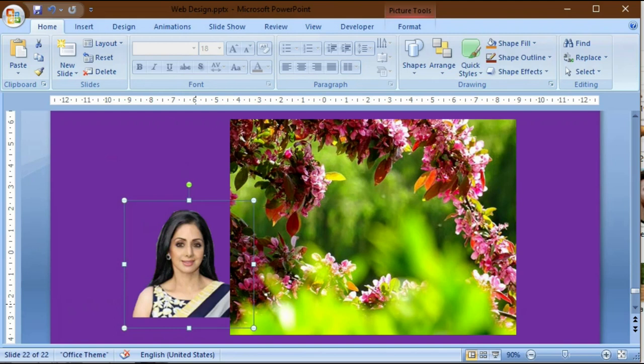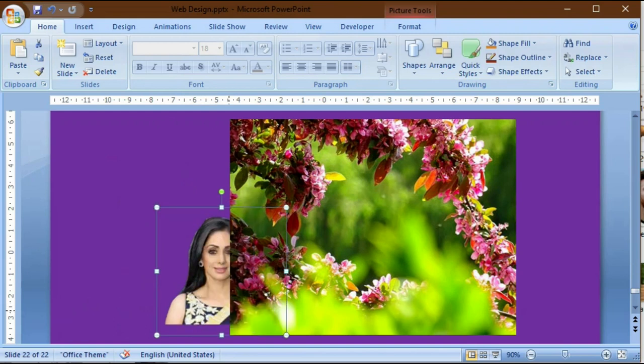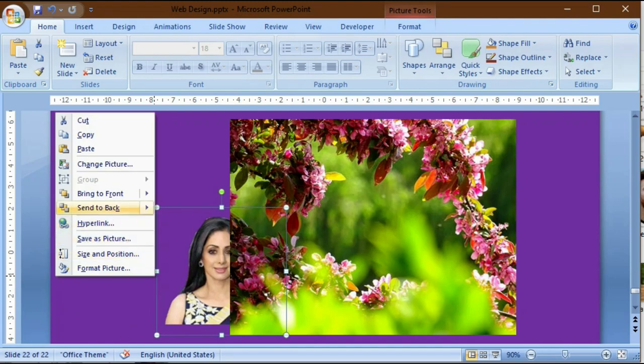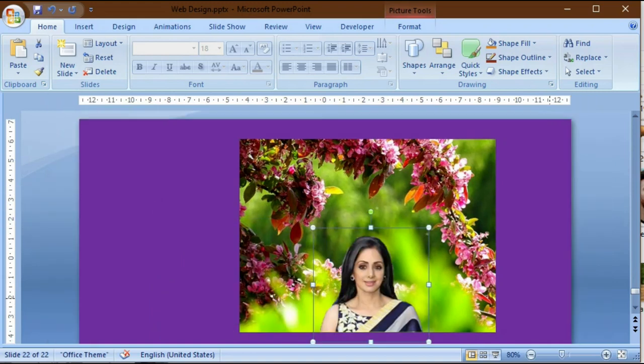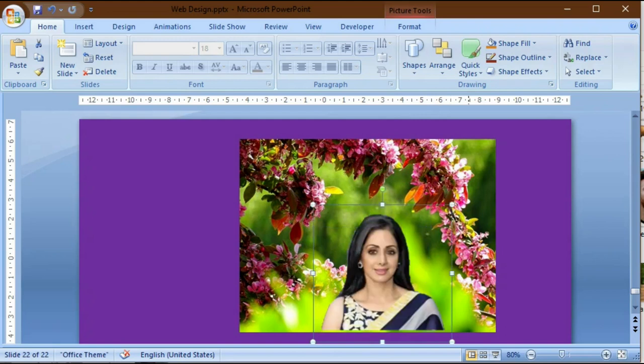Then you can insert any background image in PowerPoint. Then just move the edited image to the background area. Now you see the image is going backward. Right click, then Bring to Front. That image has to be brought to the front, so automatically the image will come to the front. Then set it, and you can adjust the image also. Now you can see the image is perfectly set in the background image.